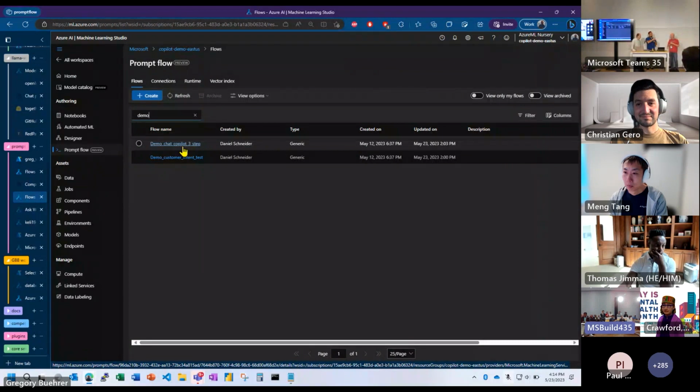And I'll give you a little inside baseball. When we first imagined this actual scenario, we were going to make it a phone call, so that I would call in, and then this app would take it, and as part of PromptFlow, the Whisper model would convert my audio into the text that would become the prompt that then would chain all the way to the end till the answer came out. And then he would respond, and we would do a text-to-speech back to the phone, right? I thought that was a really good idea, but we ran out of time, right? Yeah.